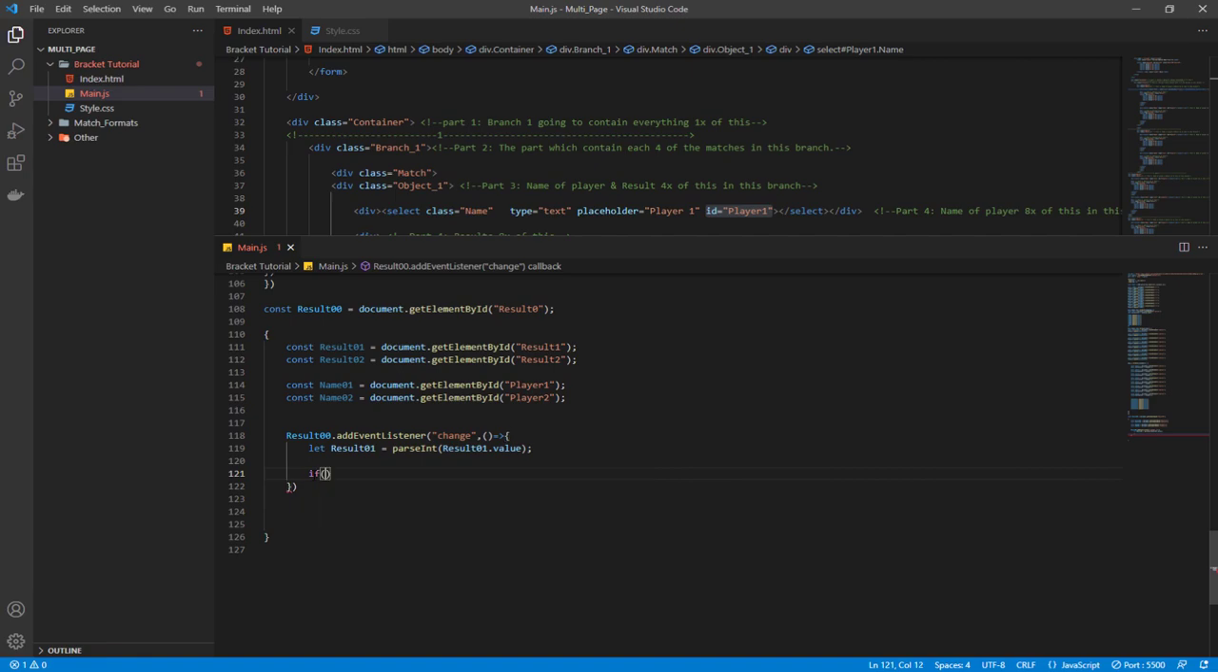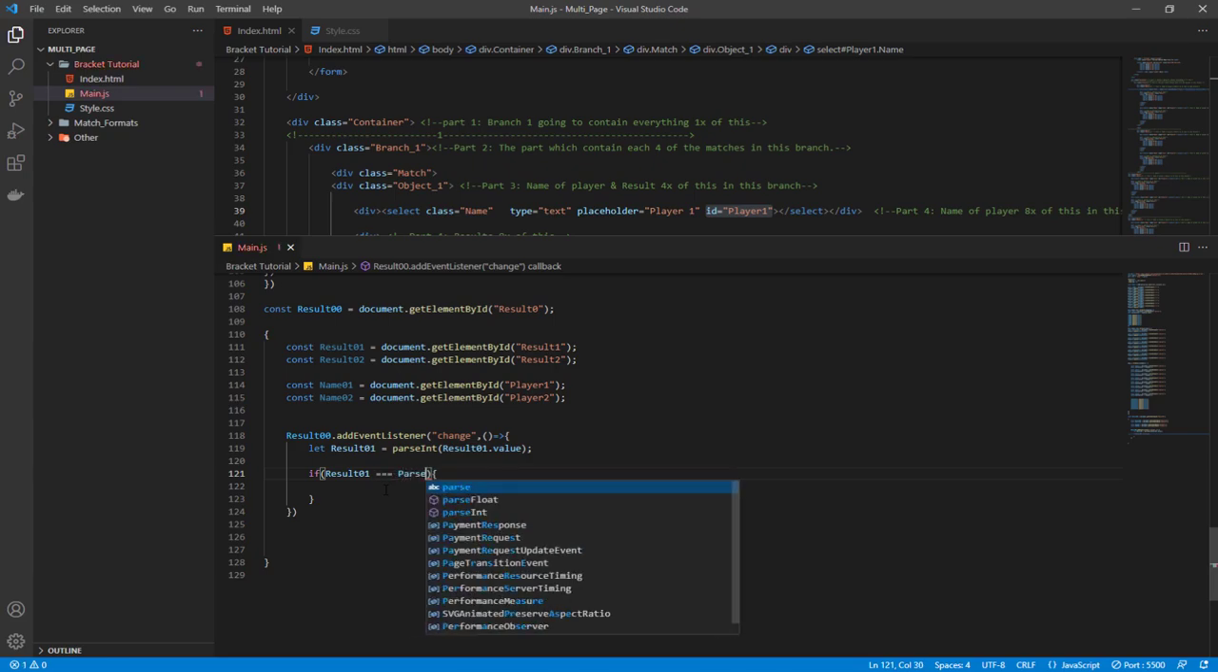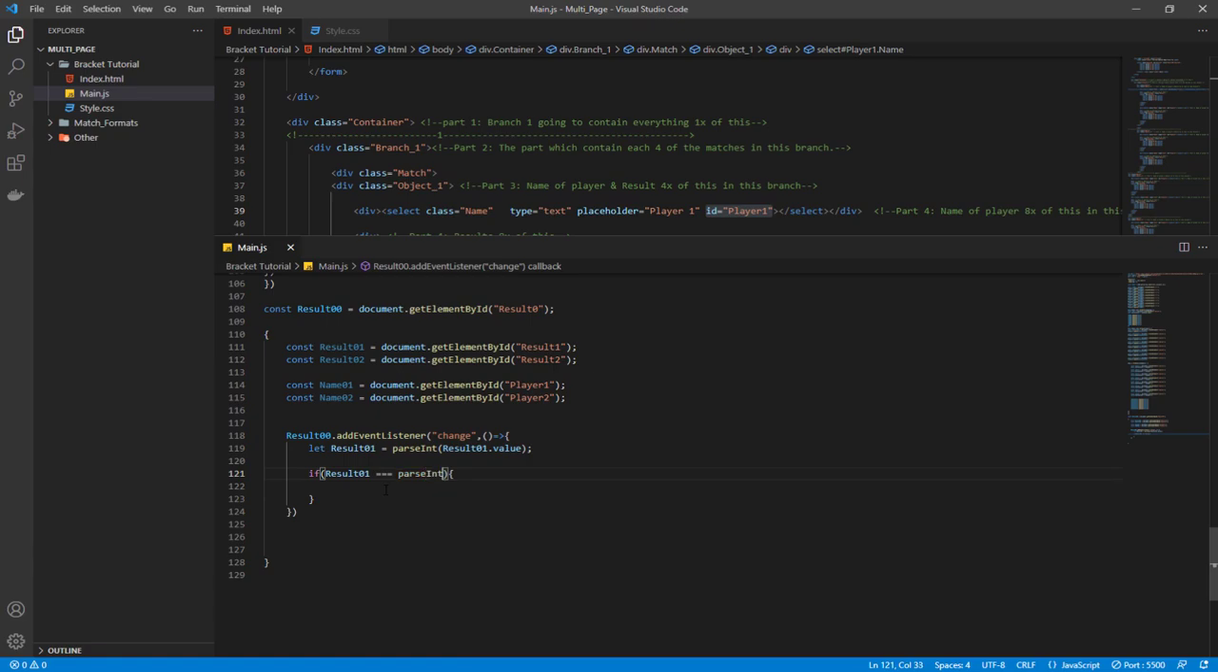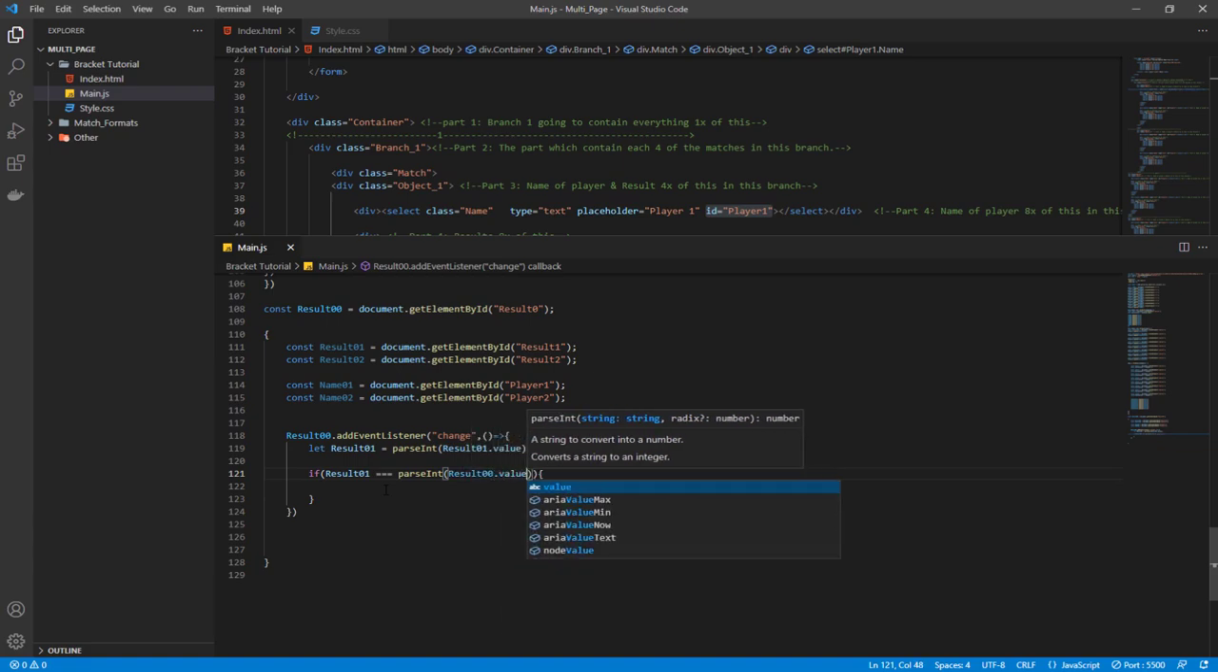If result01 is equal to parseInt result00.value. Isn't it? No, it's okay. So if this is the case, then we want to